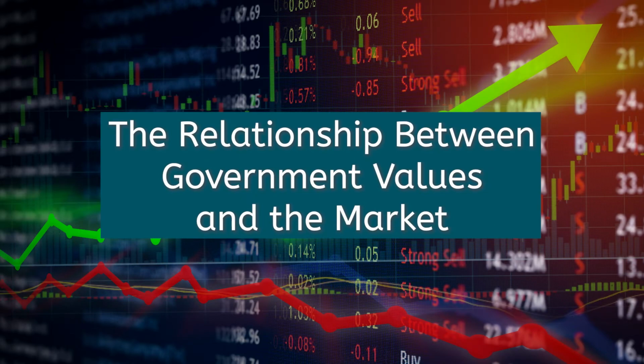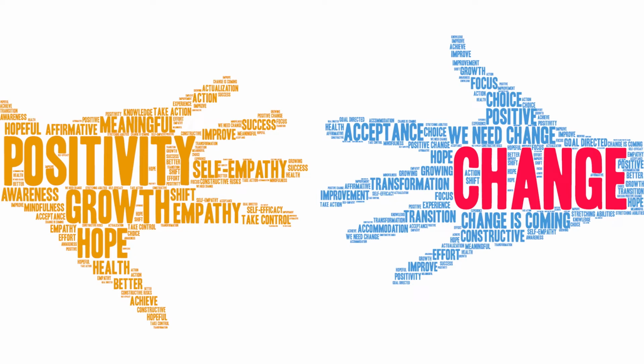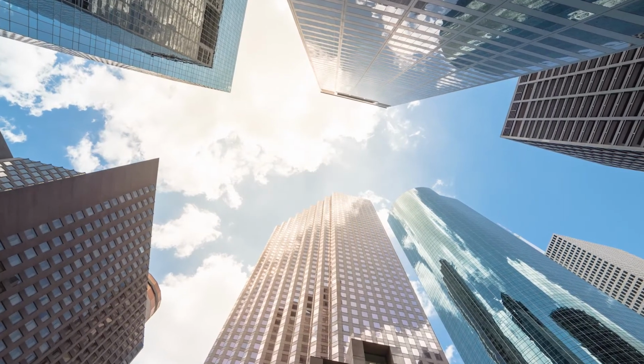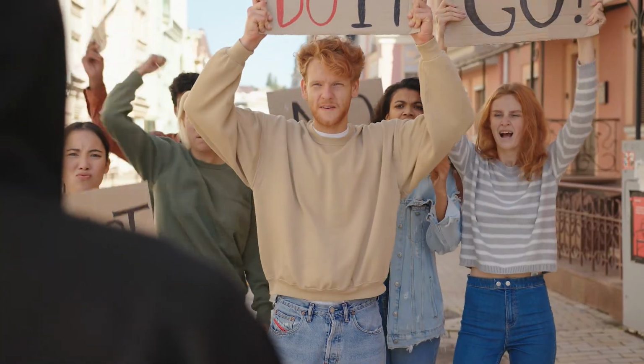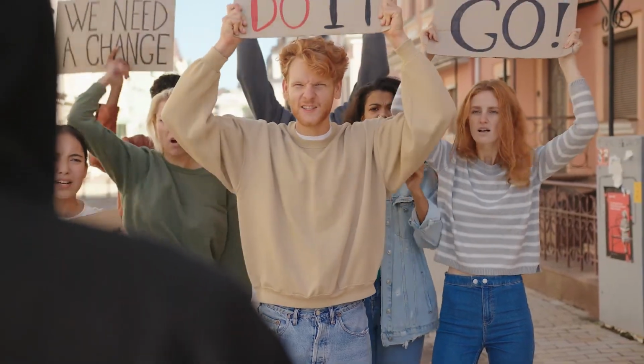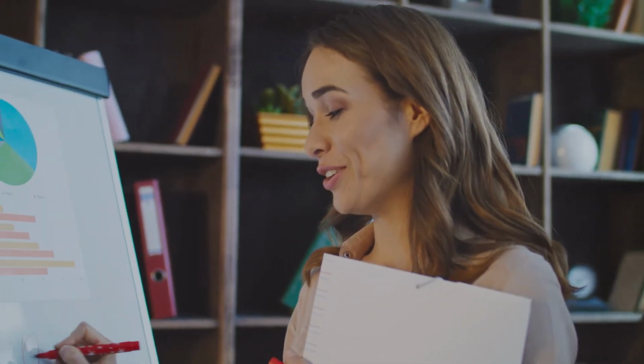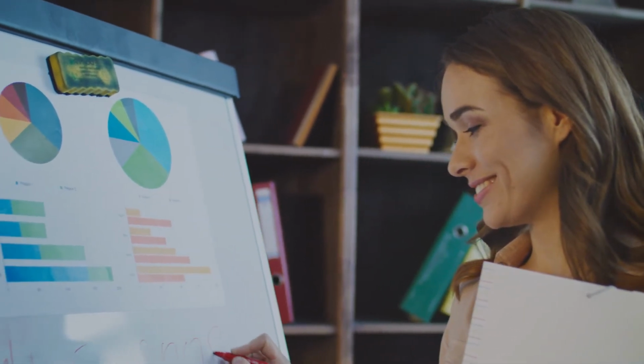The relationship between government values and the market. Throughout this course, we will talk about the values of different governments, things like individual rights, civic participation, and open discussion of issues. So, what is the relationship between the values of a nation's government and the type of market it has? Generally speaking, a nation's market is a reflection of the political values of that nation. In liberal democracies, the government celebrates individual liberties, encourages civic participation, and values open discussion. In these nations, the individual citizen answers the 3 economic questions.